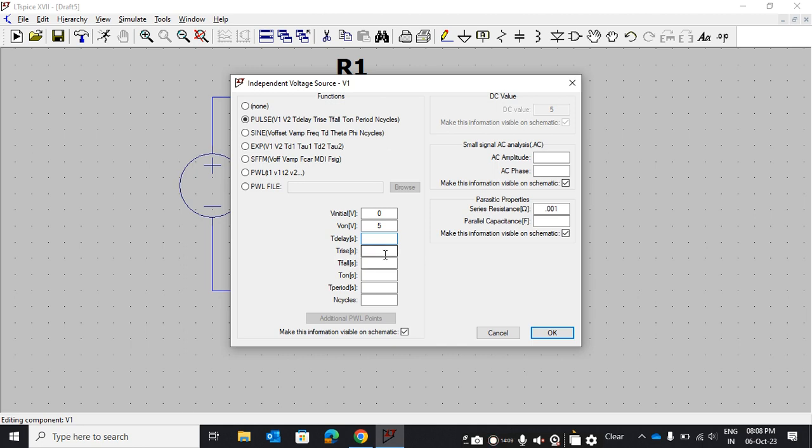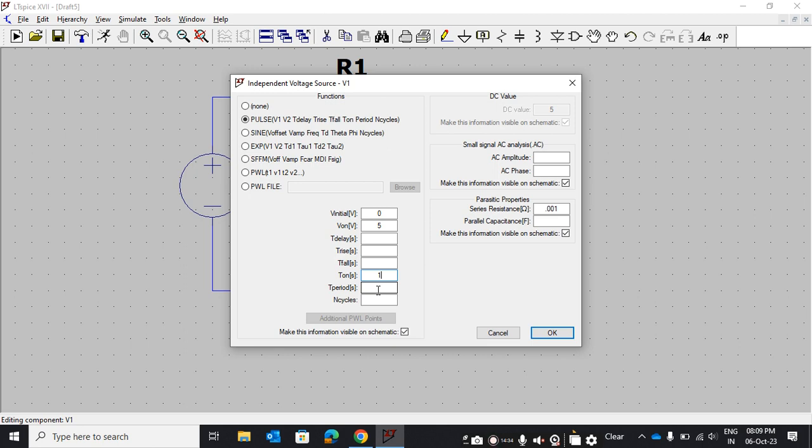Then T rise, what should be the power supply rise time, and fall time, and T on. What is the meaning of T on? T on means if you want 1 second on, and then here is the total period.